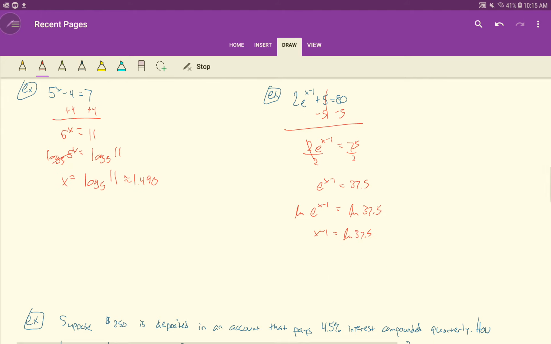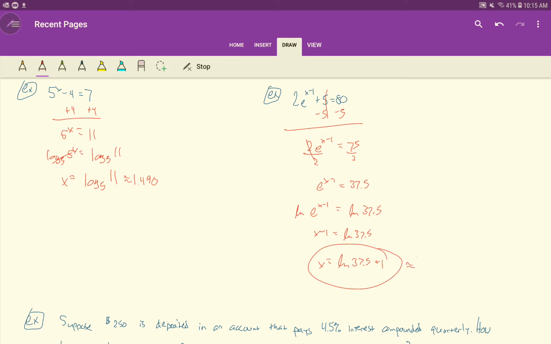Okay, you notice I'm not simplifying that natural log of 37.5. I'm not making that a decimal yet. I'm leaving it precise. I'll add 1 to both sides, and so I get the natural log of 37.5 plus 1, okay? That is the precise answer, and then if I type it in my calculator, I'm just going